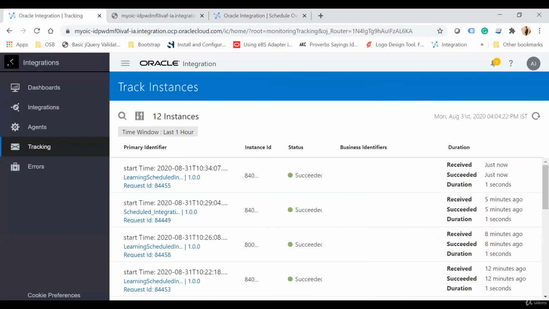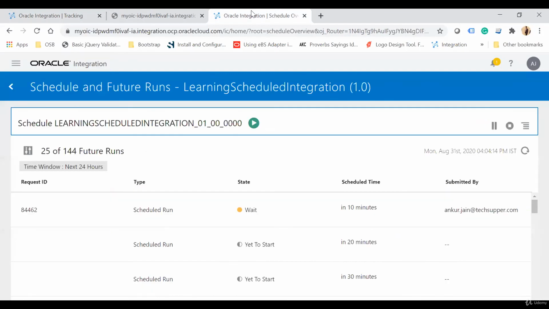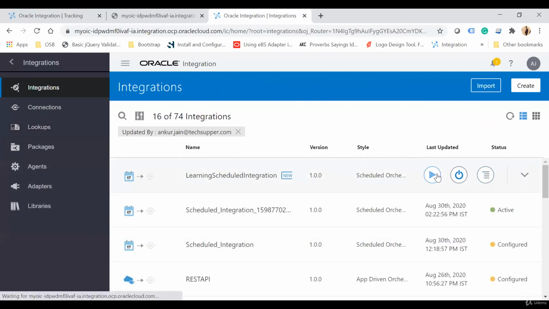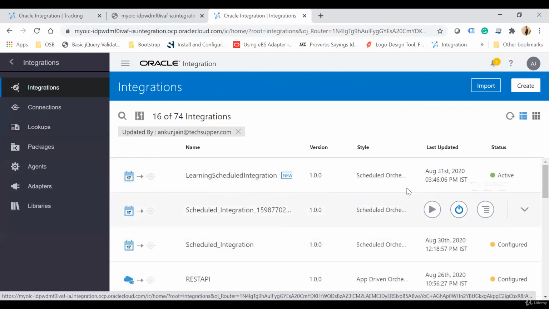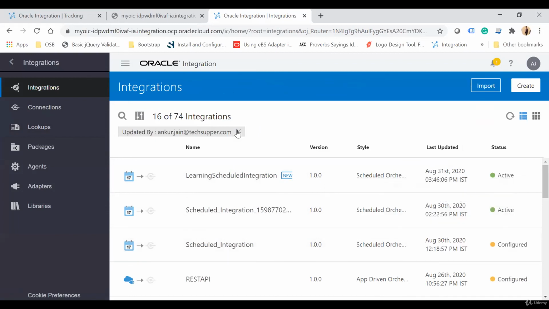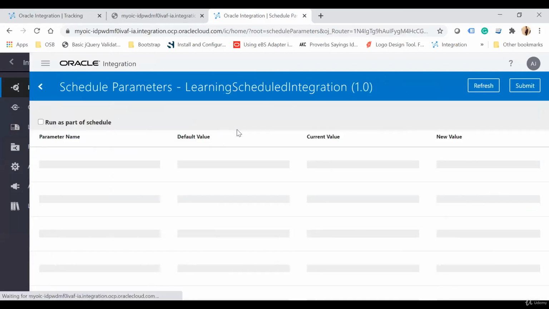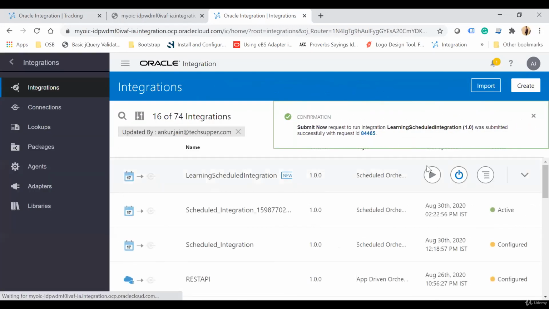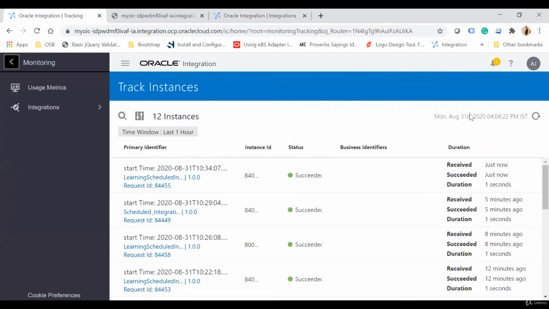If you wanted to share the values, what you can do is go back here and then submit now. If you click on this run as part of the schedule, then this value will be updated for the next run of the schedule, and then submit now. Now the integration has been submitted. If you go back here,